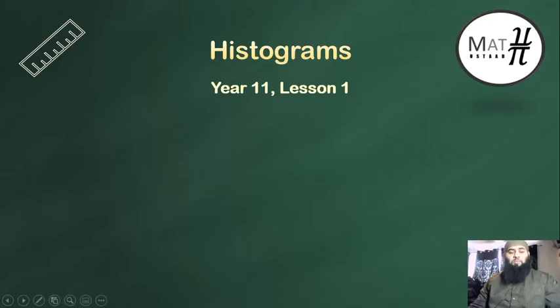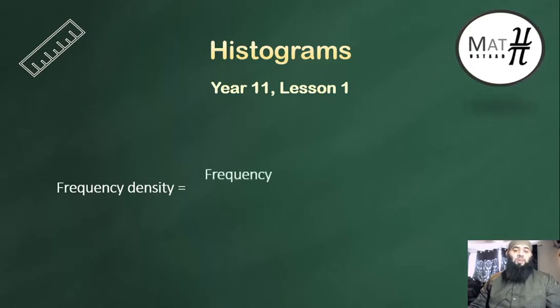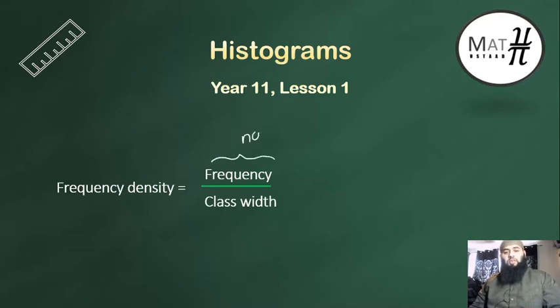To proceed, in order to draw a histogram, we need the frequency density. And to find the frequency density, we need the frequency of something and we need its class width. Frequency generally means the number of things. So it can be the number of people, the number of animals, wherever you're counting, dogs, pets, whatever it's called. Class width is, for example,